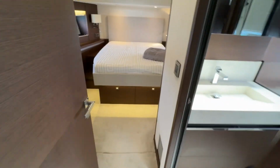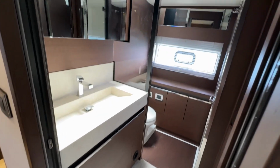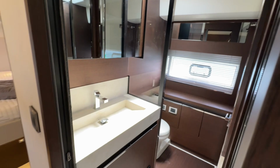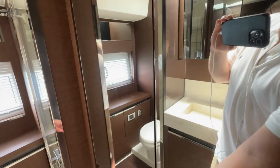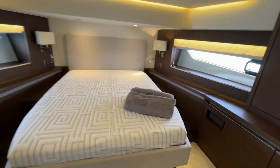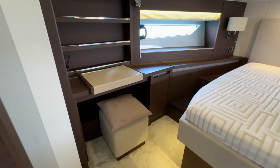come through here, so it's a complete separation, and then you've got your ensuite just in here. So ensuite, separate shower and toilet section just down there as well. Nice big sink, loads of storage space, so you've got your hanging space in here as well. It's like a dressing room as well. And then you come into the main section of the cabin, and it is huge. It's really big in here. Dressing table,